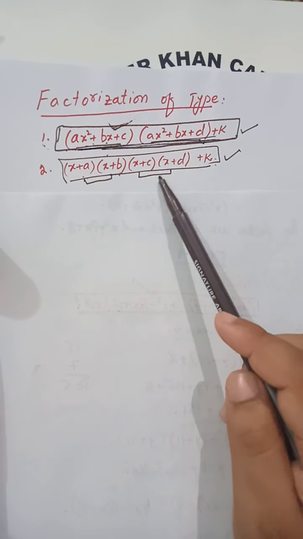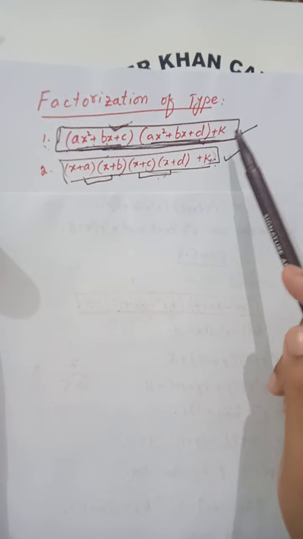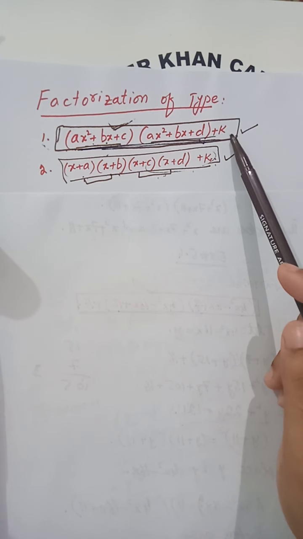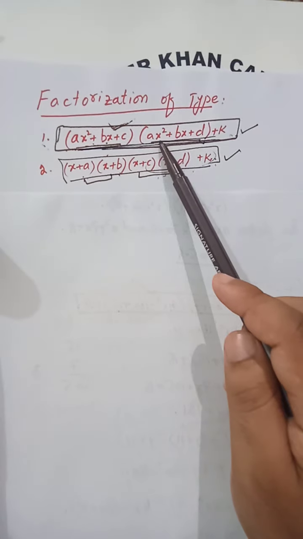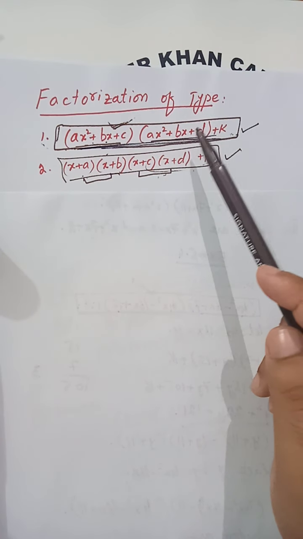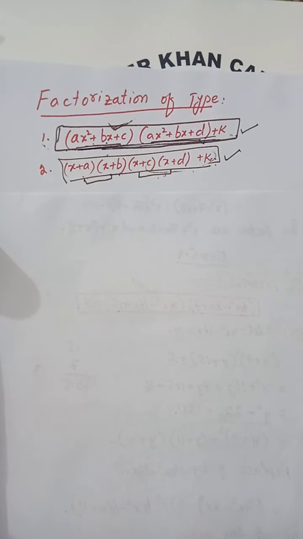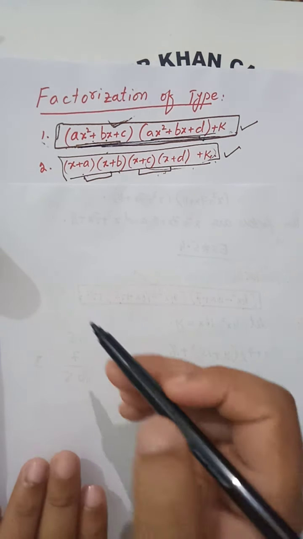So then this whole algebraic expression will be converted into this form, and when it is converted into this form, you can do the substitution. You substitute ax square plus bx by some other variable, then multiply the linear factors and you will get the required factors. So that will be the procedure. So for type 2 I am taking an example. From that example you will get a better idea of how you can do it.